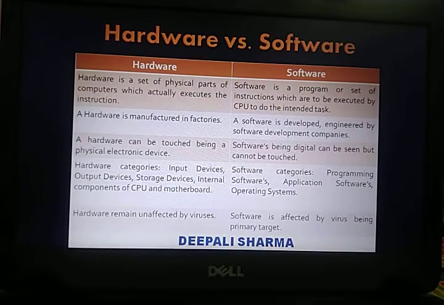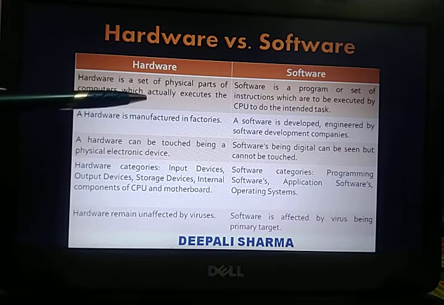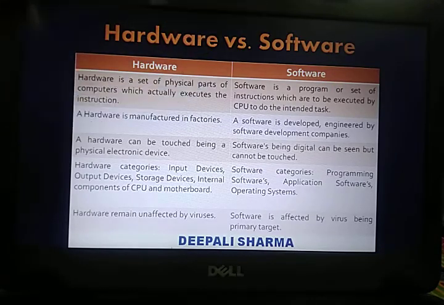So what is the difference between hardware and software? Most of you know that hardware is what we are able to see and touch, and software is what we are not able to see and touch. Right now we are going to discuss the detailed difference between hardware and software. The first difference is that hardware is a set of physical parts of the computer which actually executes the instructions. That means hardware is helpful for executing the instructions. Whereas software is a set of programs